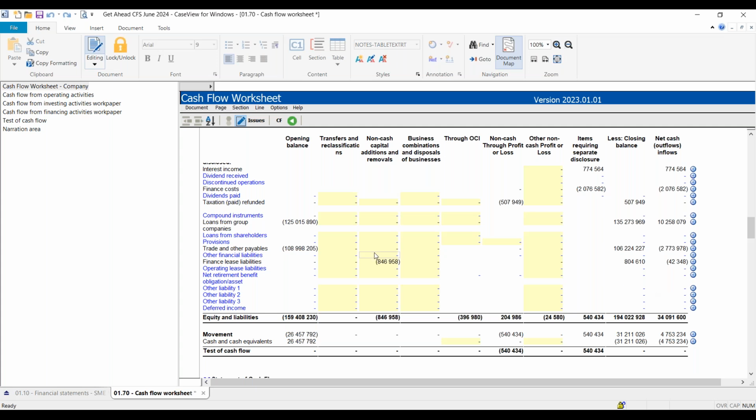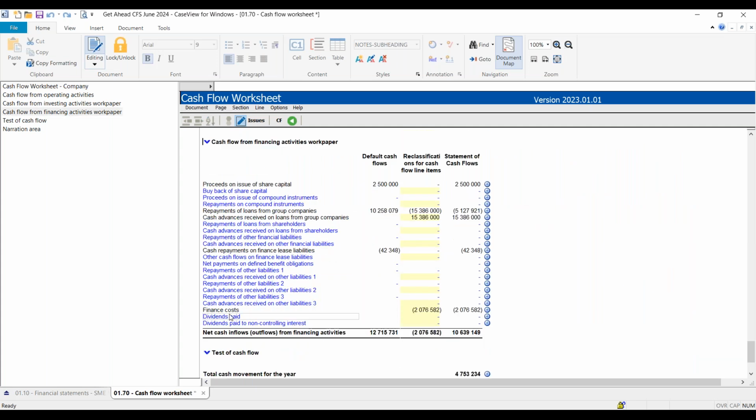Okay, so now we balance. This is going to also be finance lease liabilities. That goes to financing activities. And there it is: cash repayments on finance lease. We have just created another line for a bizarre transaction which we perhaps couldn't think of, where you would do a reallocation if necessary, but basically this would be on cash repayments on finance lease, and that would have completed our